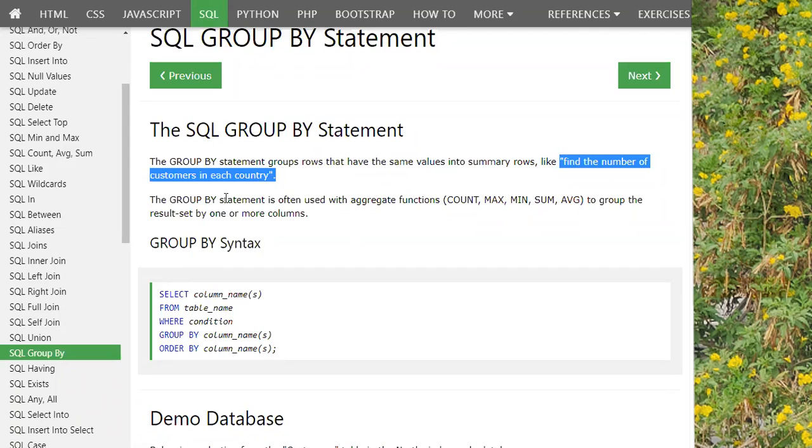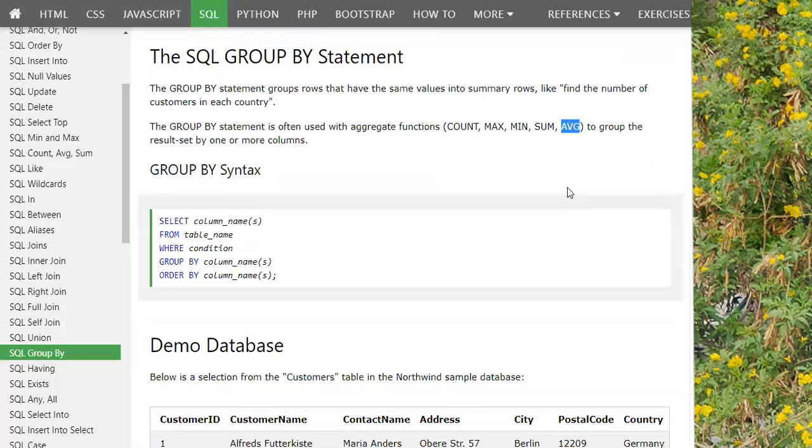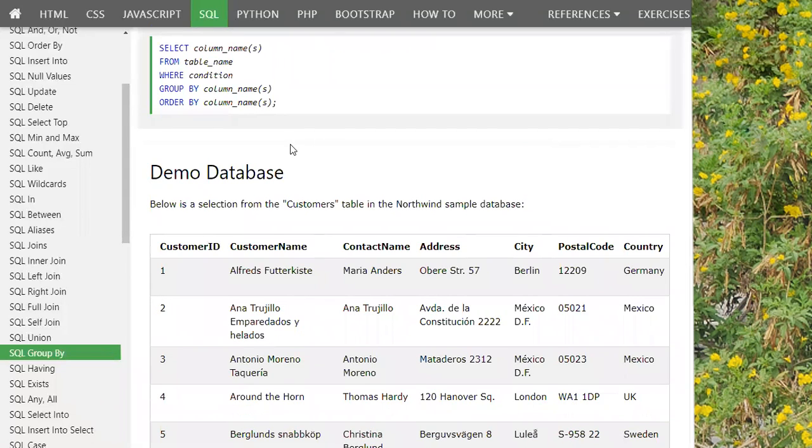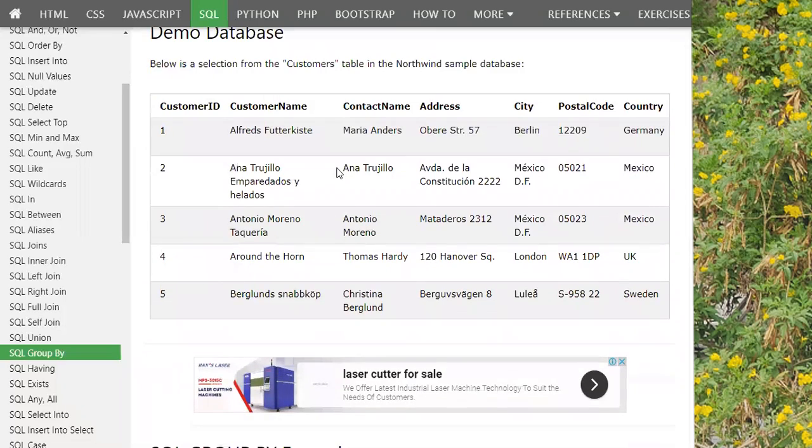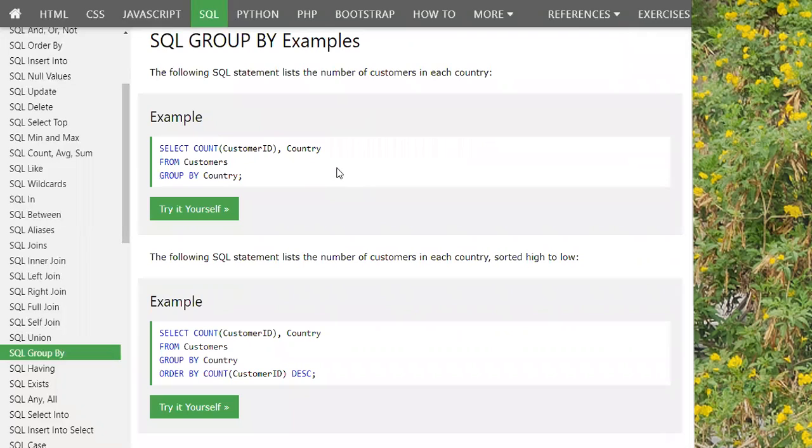Similarly, this group by statement is often used with aggregate functions like count, max, min, sum, average to group the result set of the table. So select column name from table name, where condition, group by column names, order by column names, right? So in the demo database here, we have select count of customer ID, country from customers, group by country. So here it will give all the